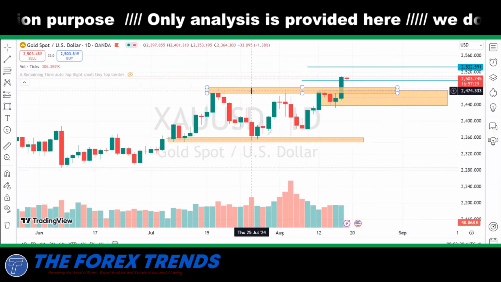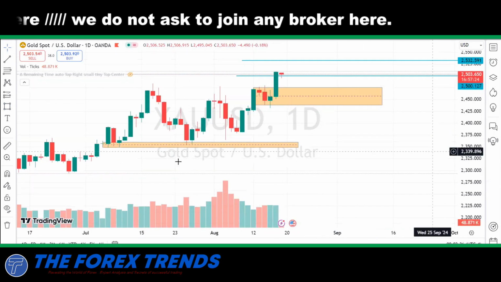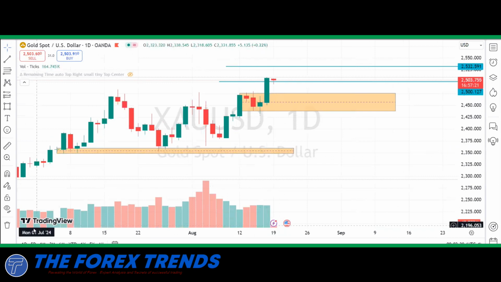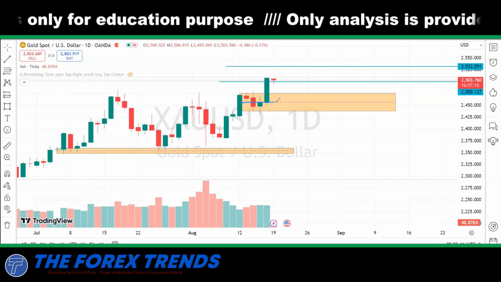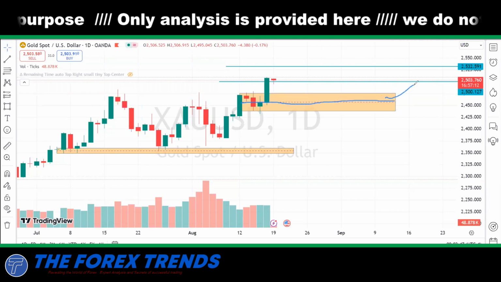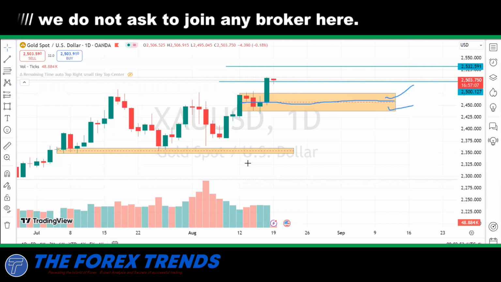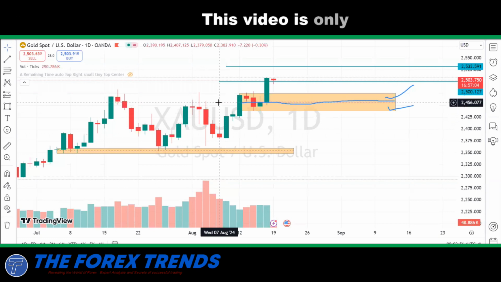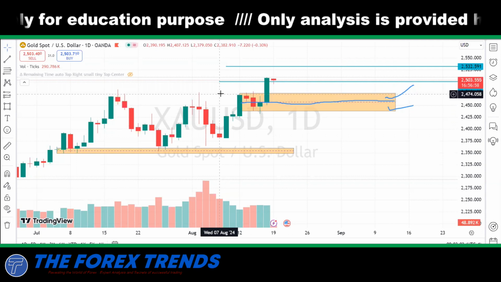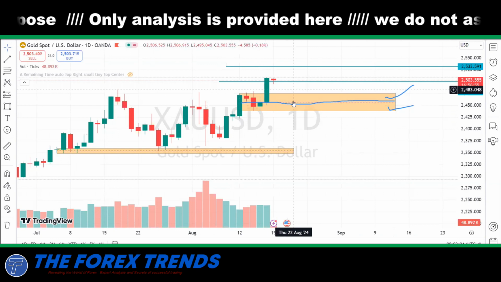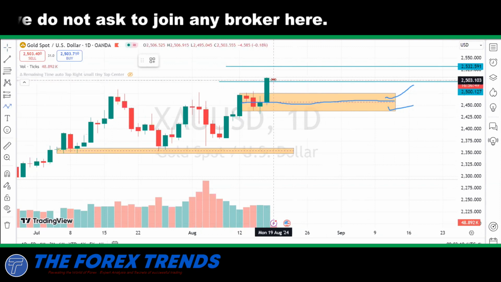Okay. Now this is a very large zone and it is not possible to initiate a trade because this is a very large zone. In that scenario, we will divide this area into two parts, 50% above and 50% below. So if price comes to this 50% area, that is 2456 to 2474 area, we will see a bullishness from this zone like this.